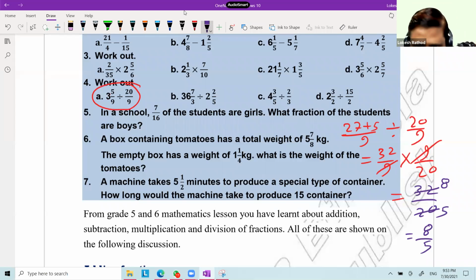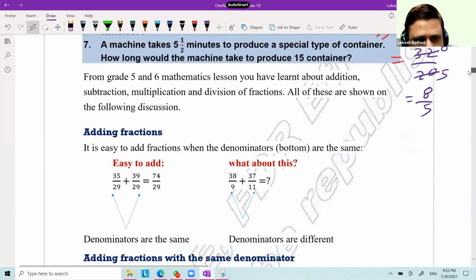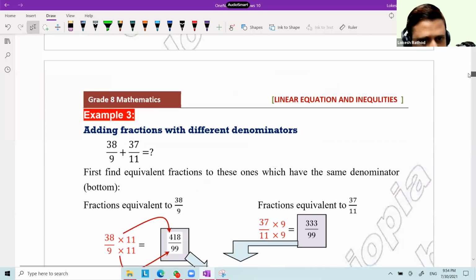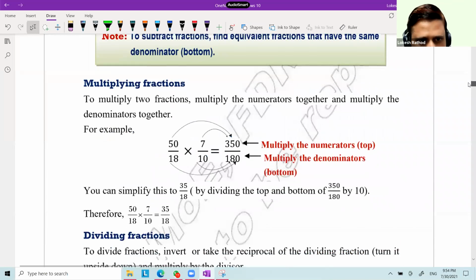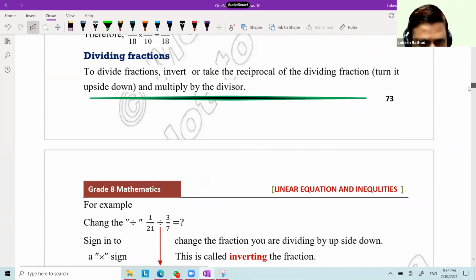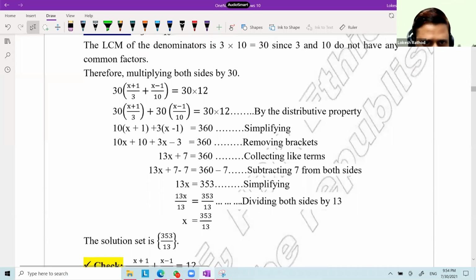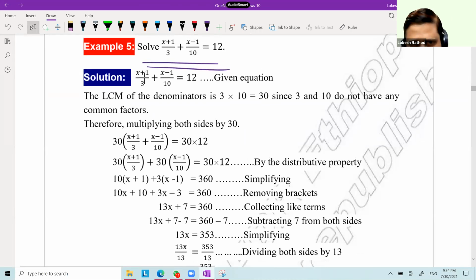Okay, so adding fractions, subtracting fractions, clear. And now we check this algebra, this kind of question. Whenever there is an equation involving fractions like this,